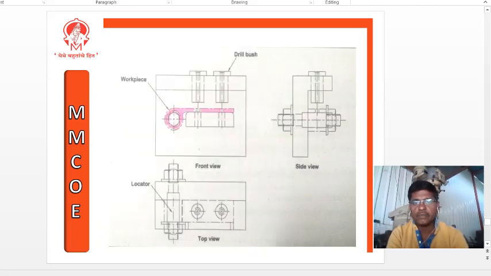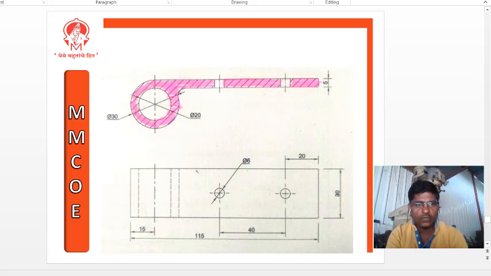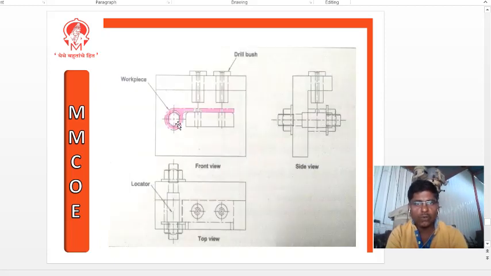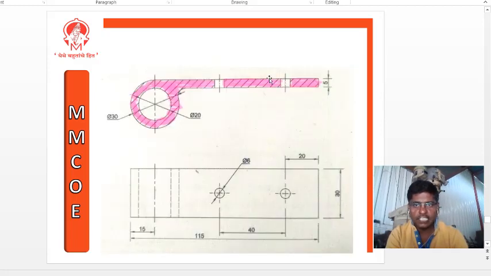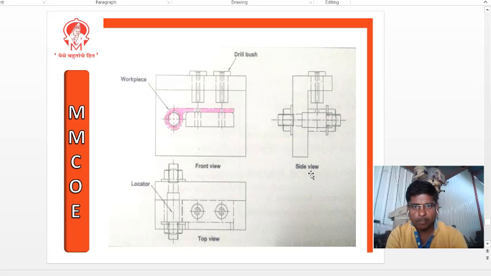Now if you see the answer, here I am having a plate type of jig. Here one vertical plate, one horizontal plate. On the horizontal plate I am going to place two bushes like this. And to fix this I am providing one locator over here. So this hole is used to locate the exact position of the job, and to rest the unmachined portion I am using a plate like this.